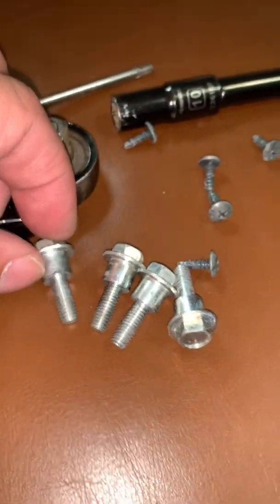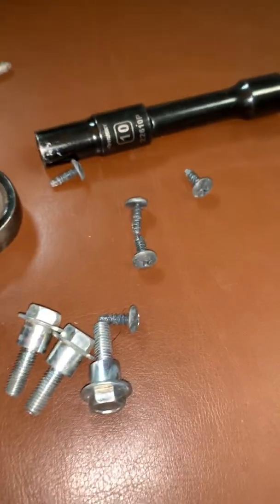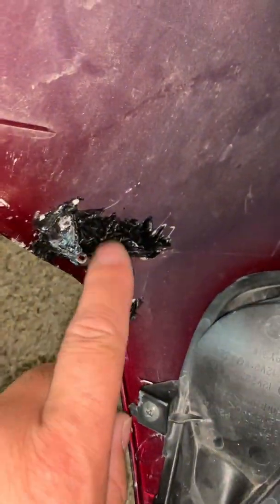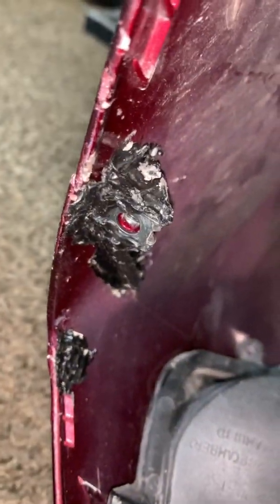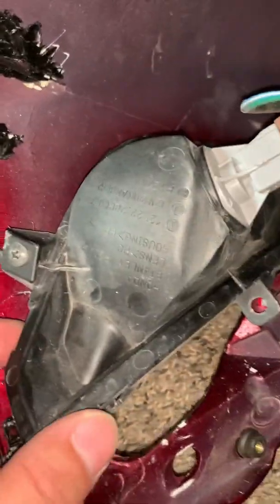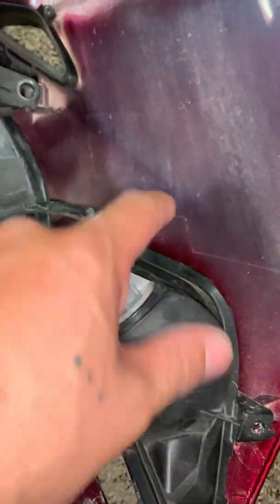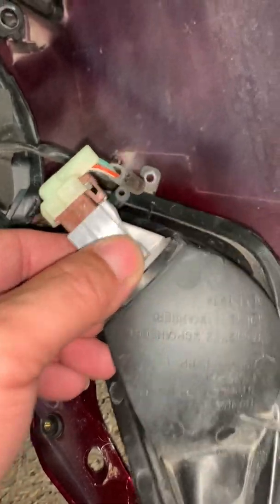Okay, I took the bolts out. There were 4 10mm. I used an extension and a little ratchet and a Phillips screwdriver, and took the 6 screws out of the turn signals. And as you can see, I did a plastic repair welding kit, because he dropped it and some tabs were broken, so I put them back on. And so what you're going to do after you take the 3 screws off of here, and 1, 2, 3 screws off here, you're going to carefully remove them